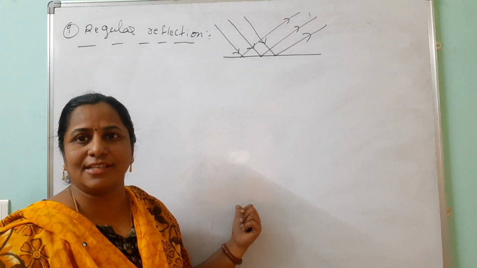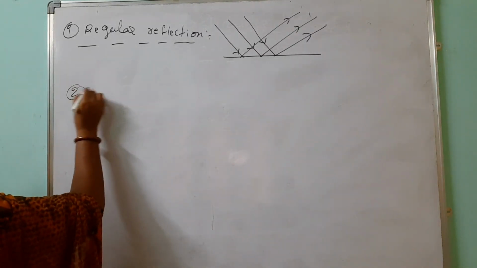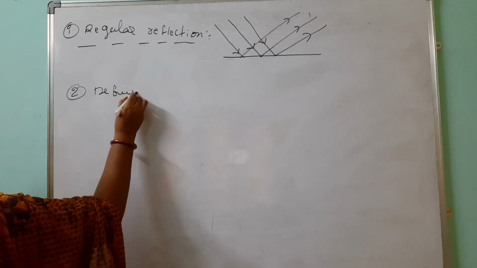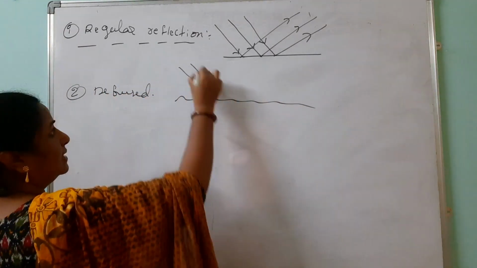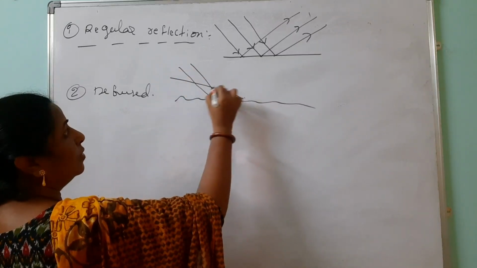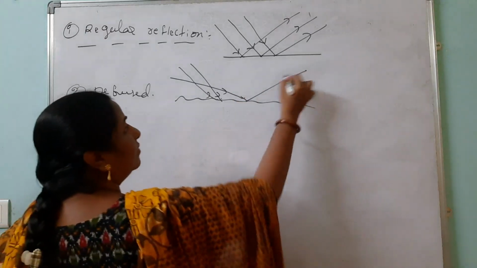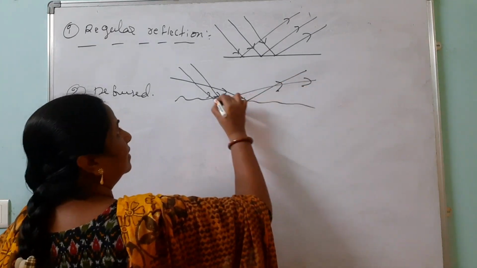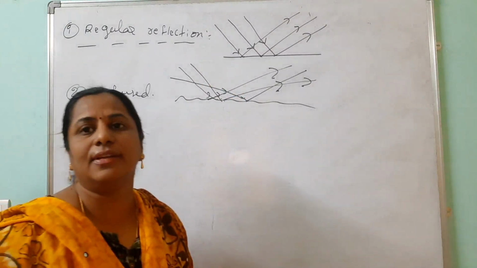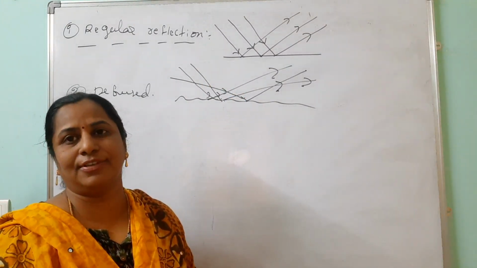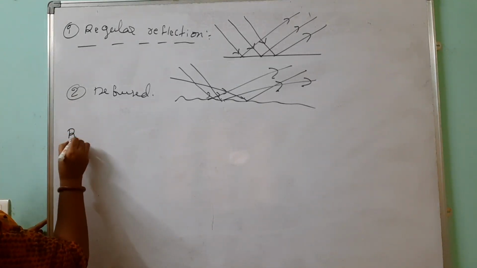We can observe it in the case of polished surfaces. The next thing is diffuse reflection. See, an uneven surface we are taking. So here, like this, these are falling and there is no particular direction. All these are incident rays. After reflection also, they are reflected like that. See, this is the diffuse and that is the regular reflection. There are two types of reflections we can observe. Then our next thing is the reflection by